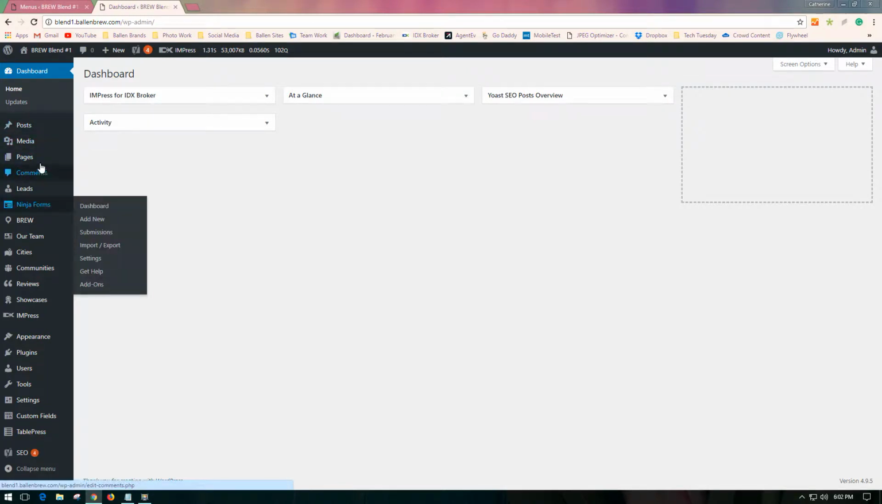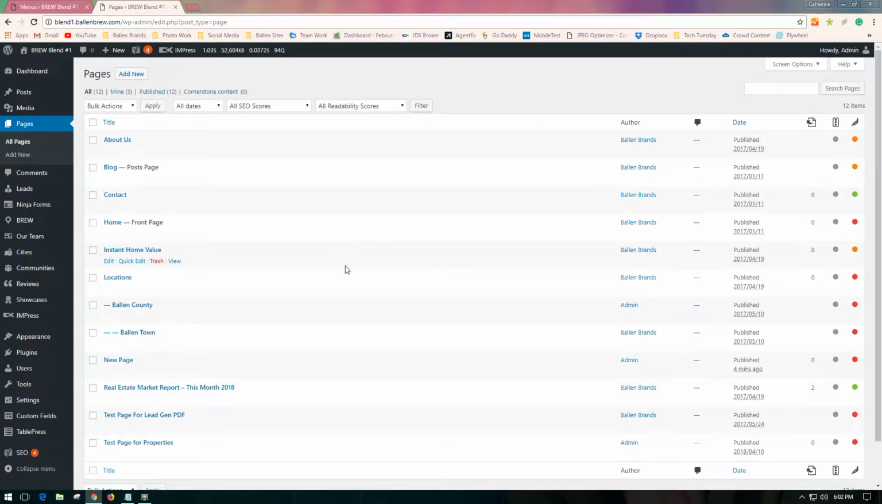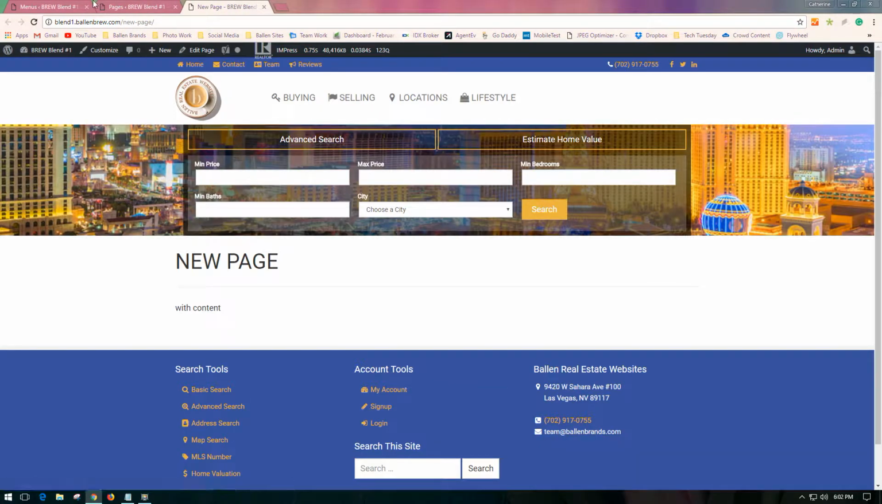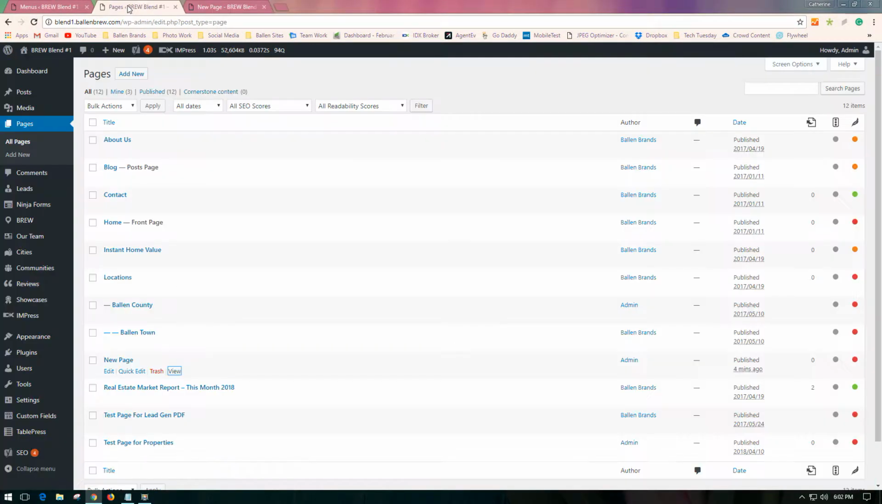And we're going to look at the pages so you can see a page that I just created for the purpose of this visual that's called New Page. This is just a test. You'll see here. And what we're going to do is go to